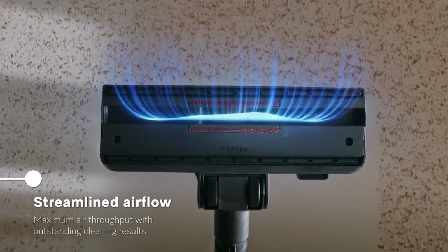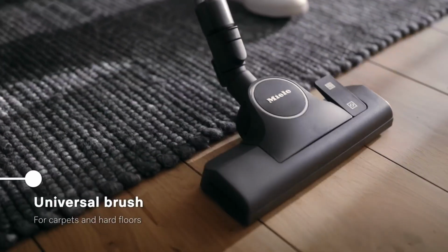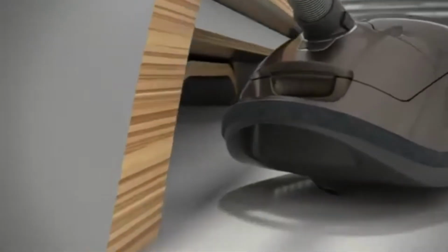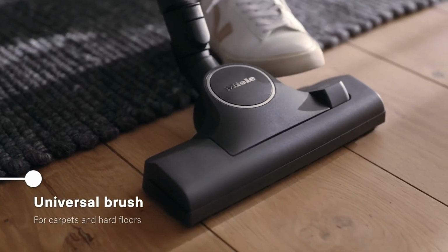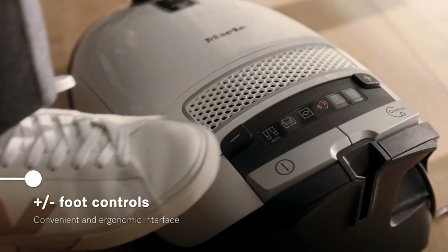Every component feels solid and well-engineered, from the smooth rolling caster wheels to the telescoping stainless steel wand. The vacuum glides effortlessly across floors, following behind you like an obedient pet rather than getting caught on furniture or tipping over. The 24-foot power cord, combined with the hose and wand, gives you a cleaning radius of approximately 32 feet, allowing me to clean nearly half of my house without changing outlets,